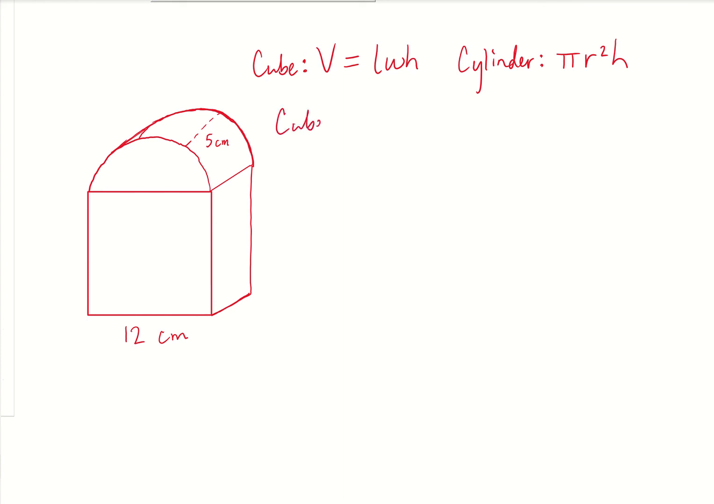So the cube, we have volume equals 12 times 12 times 12. That should give us 144 times 12, which I'm going to real quick type into a calculator, and that'll give us 1728. Okay, and that'll be centimeters cubed. All right, and then if we look at the cylinder,